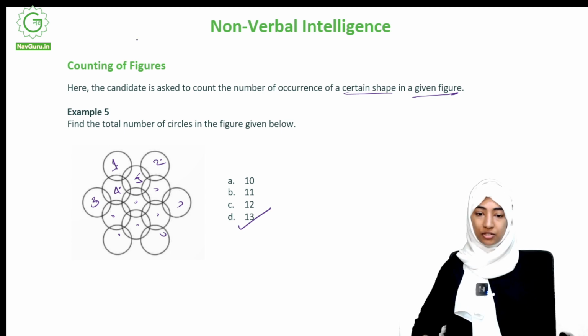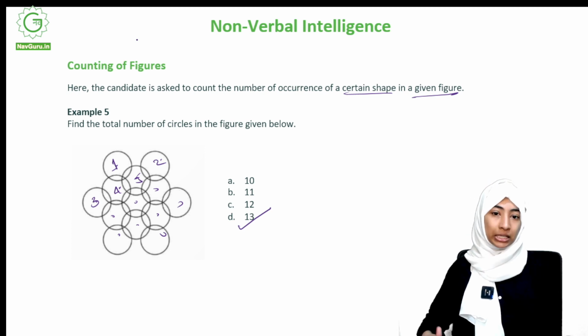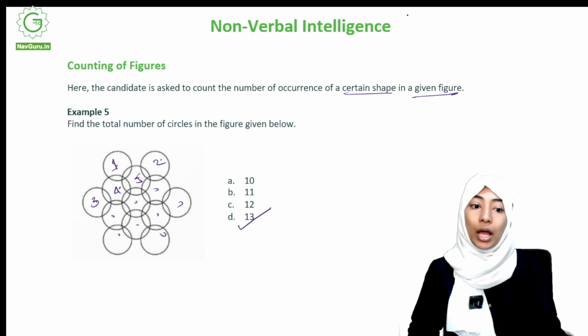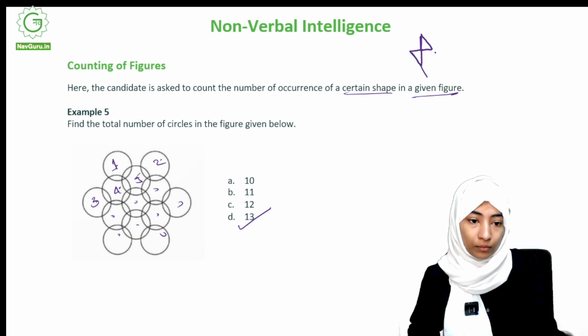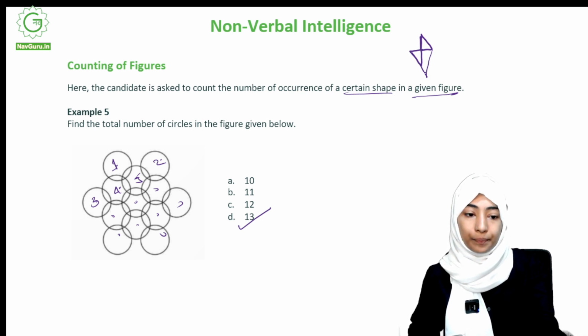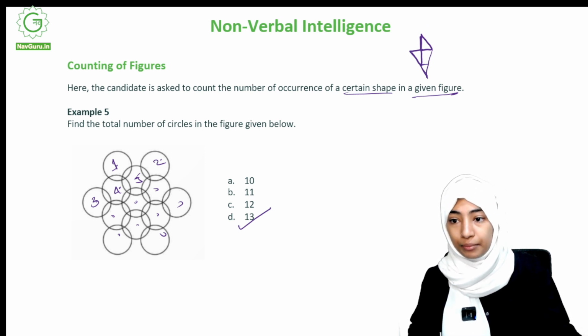Counting of figures questions are generally easy, but they might be a bit tricky in the sense that you might have a figure where, for example, you're asked to find the number of triangles in a figure. It might be a figure like something like, I'll show you. Something like this. So if it's a figure like this, for example,